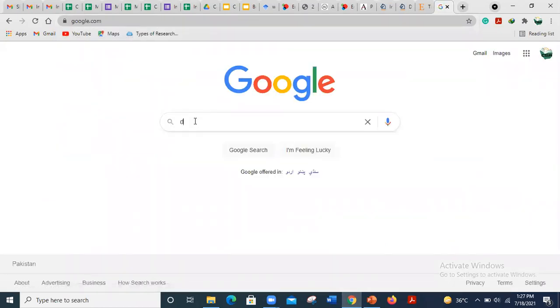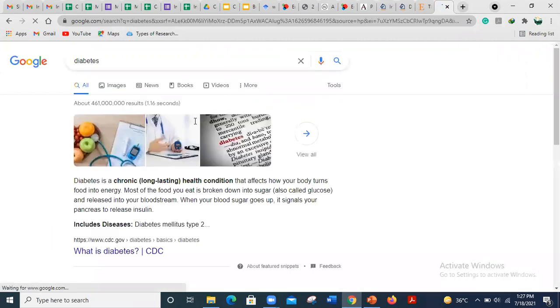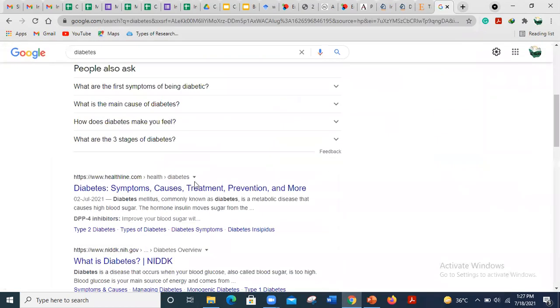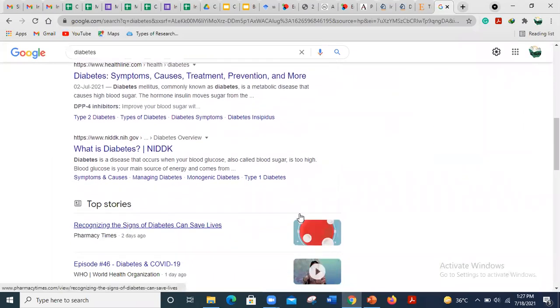I want diabetes. I wanted all the data relevant to diabetes. So Google is showing me different things about diabetes: its symptoms, its causes, its treatment, its prevention, and many other things. So it will give me flexible and multiple results about specific words.